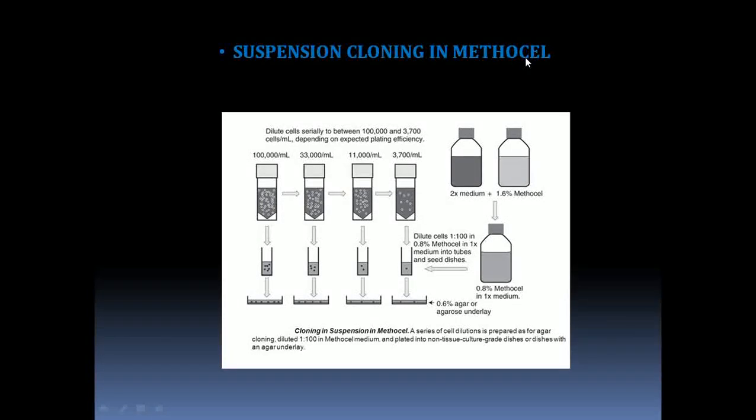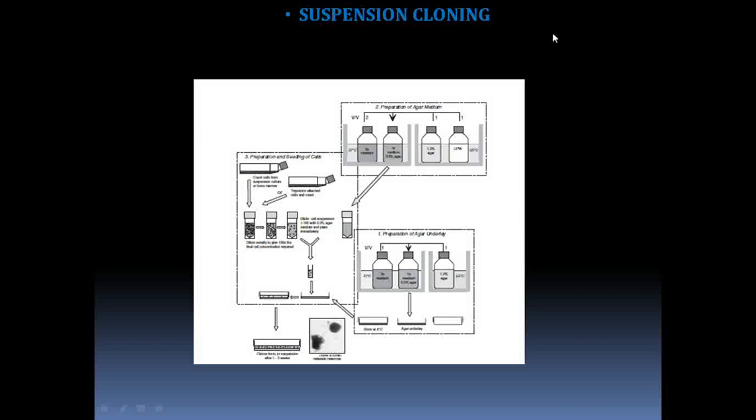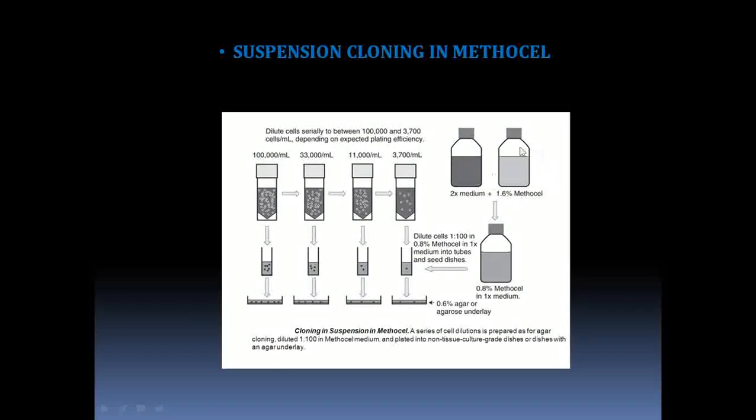Methocell is a sort of thickener. It is used for coating, gelling, and viscosity. Here we are specifically using it for its viscous nature. The way we have used agar, here we will be using methocell. Methocell is basically methyl cellulose, a chemical term which is present in it. Cellulose is a polymer. I hope you people know what a polymer is.